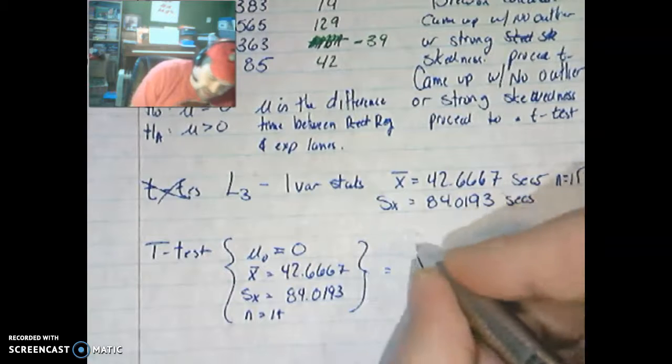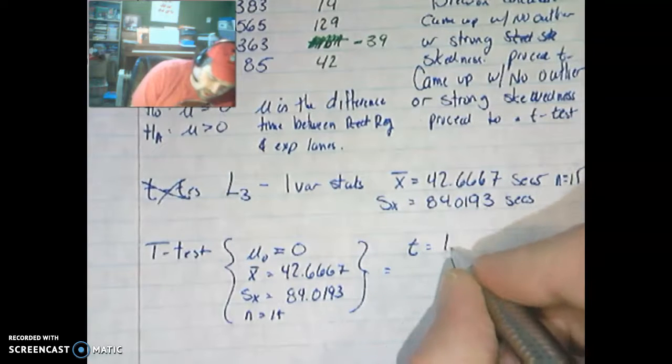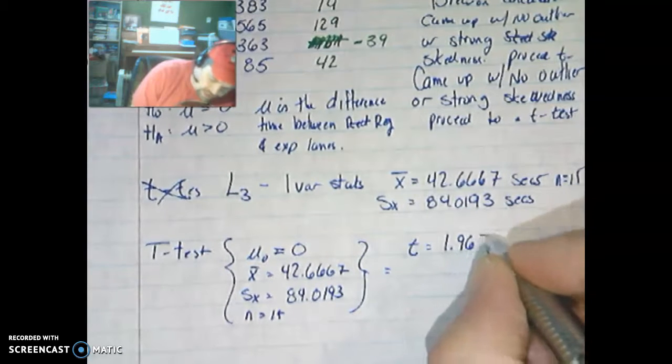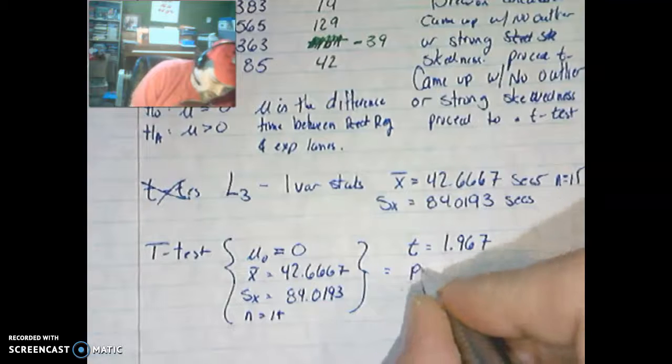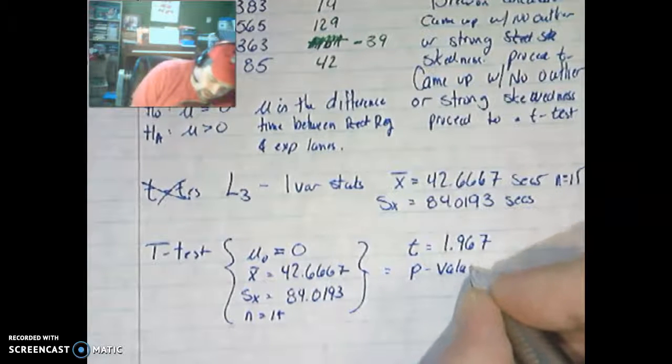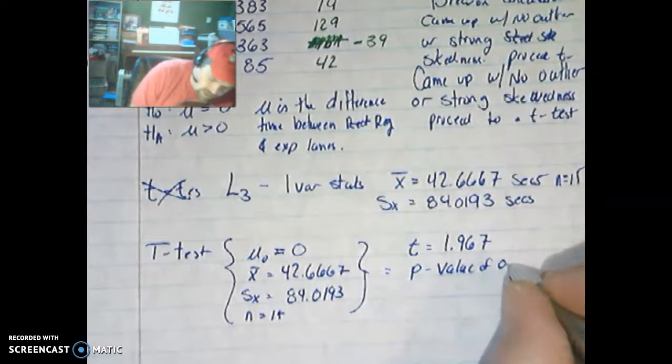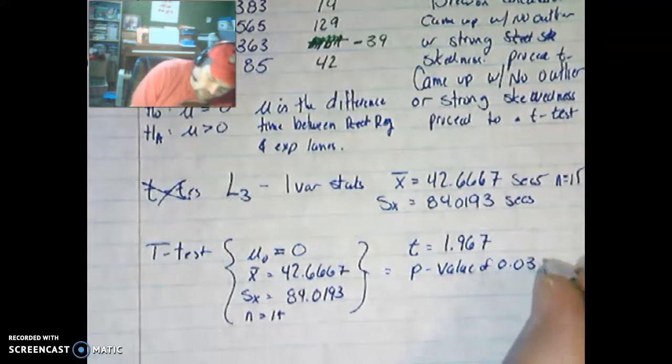What that gives us is a t-score of 1.967. We get a p-value of 0.035,